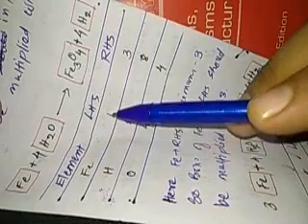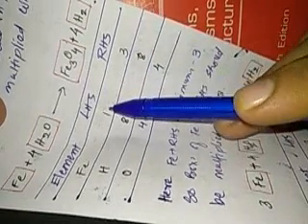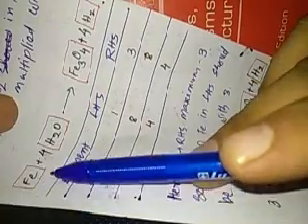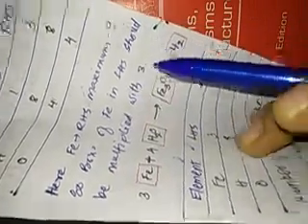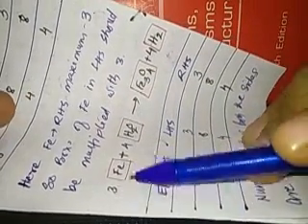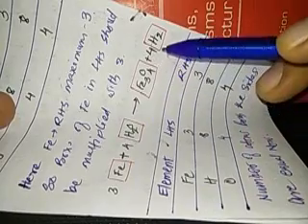Now we can see that only iron is not balanced here. On the right hand side we have 3 iron, on the left hand side we have 1. So the box around Fe on the left hand side we will have to multiply with 3. Here Fe on the RHS is maximum, 3. So the box of Fe on the left hand side should be multiplied with 3. So now we have 3Fe plus 4H2O gives Fe3O4 plus 4H2.